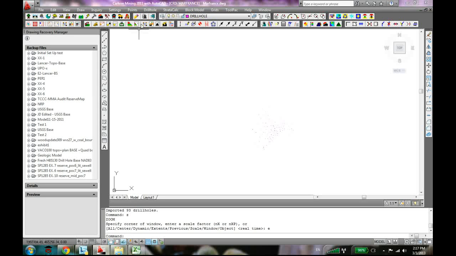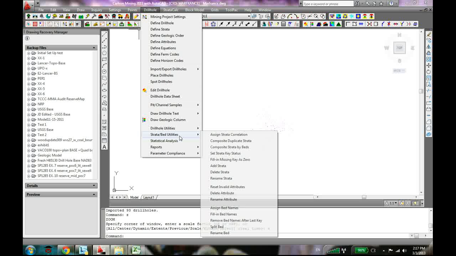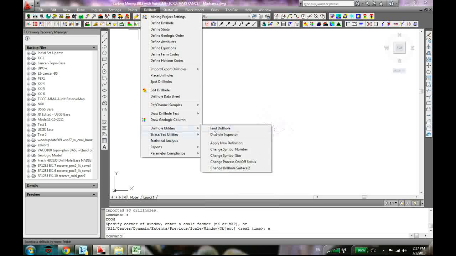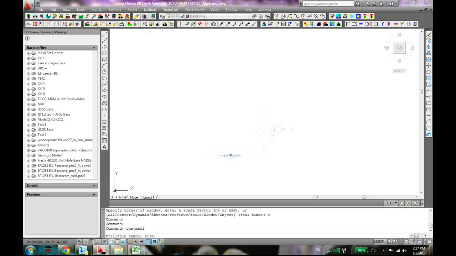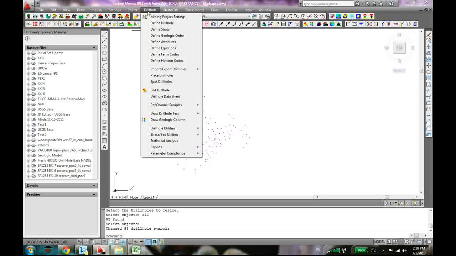So what I'm going to do, go to drill hole utilities, and then change symbol size, and change drill hole symbol size. Let's make it 200. Select all. Here we go. So it's a little bit bigger now. You can kind of see. Okay. Now the next thing I want to do is